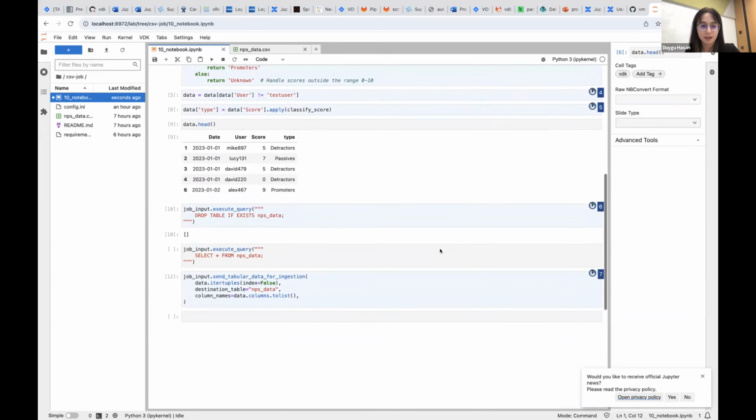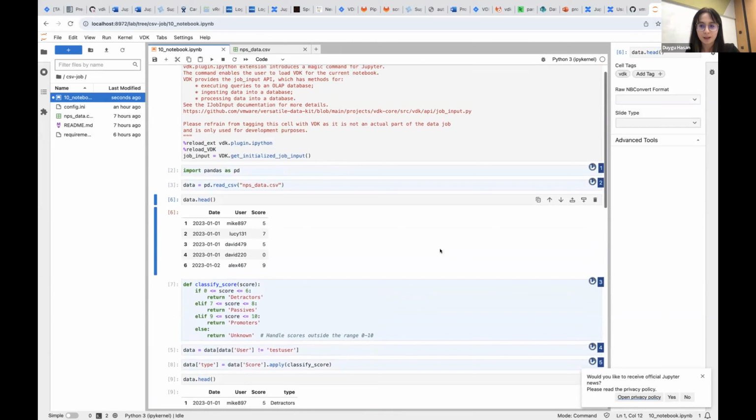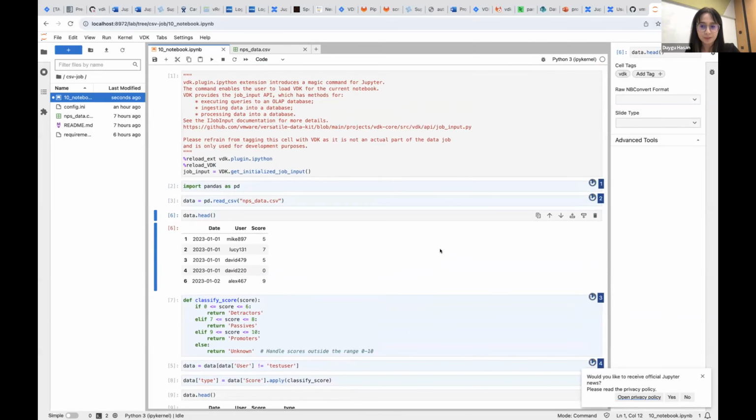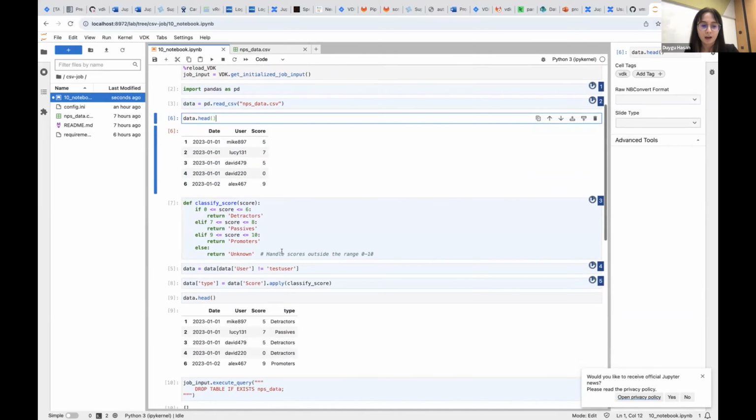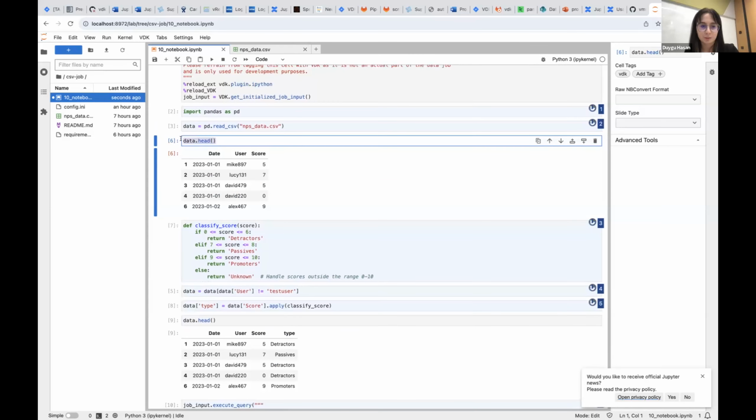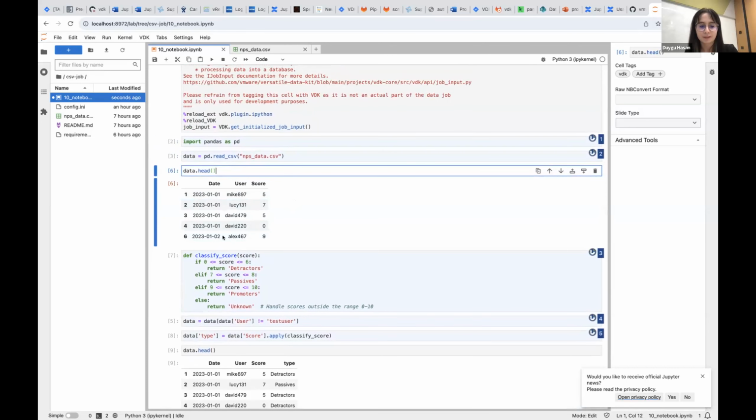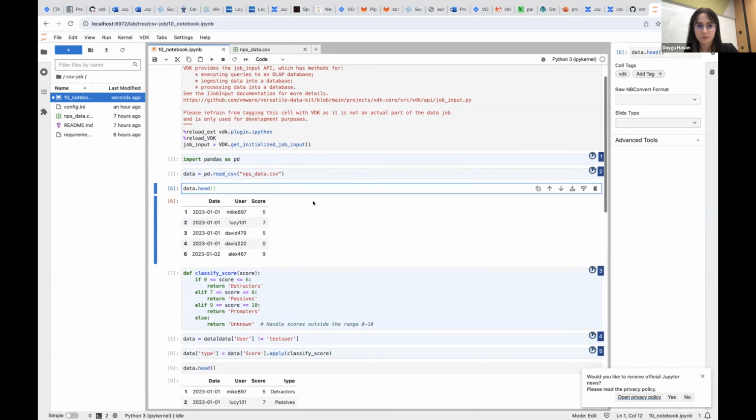And what we actually do here is when we tag a cell, we say to VDK that this cell is going to be executed when it is deployed. Like here, for example, I don't really want this to be executed because it's just a check that I do of my data. It would reduce my performance, and I don't really need it in the deployed version of the code. I just need this,